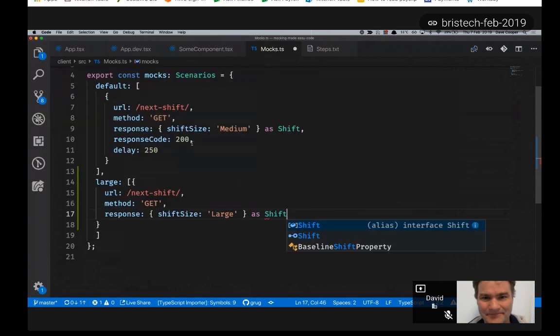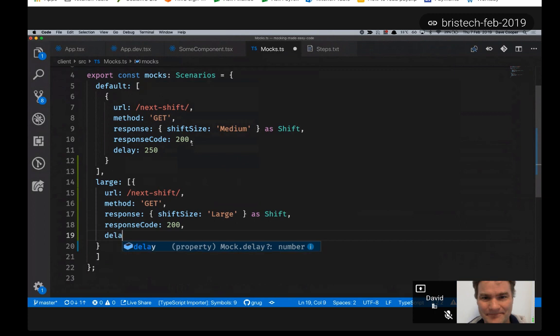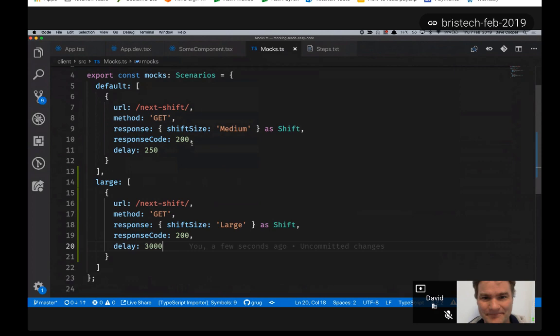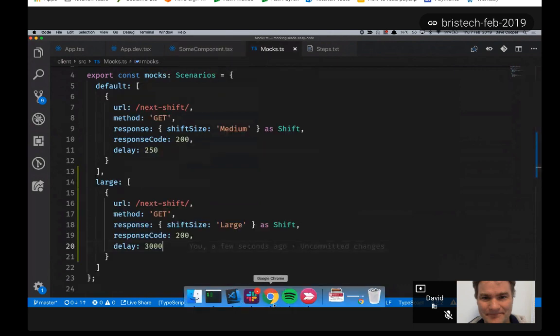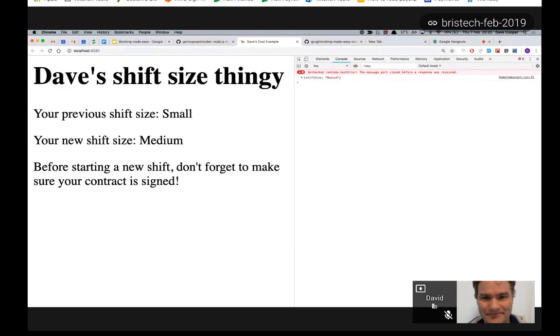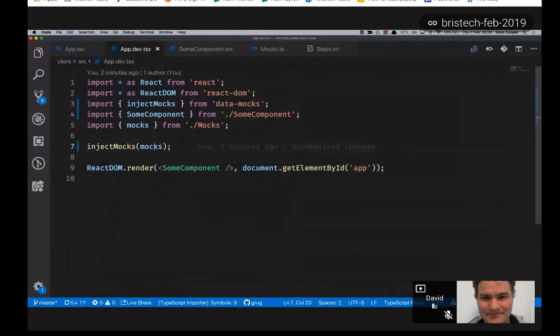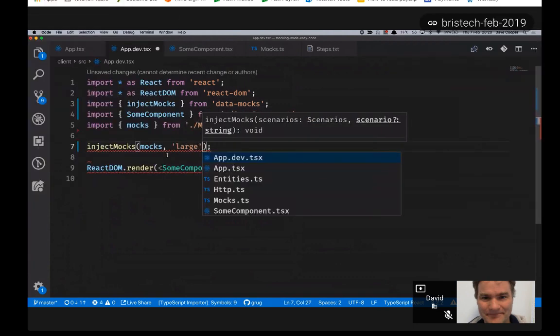We don't really have to do that, but I have. We'll keep the response code the same. We'll be verbose here. Just for fun, we'll add in three seconds of delay. And then basically, if I reload the application, it's still going to give me the default set of behavior, as you can see. However, if we go back into the entry to our application, there's actually an optional second parameter to this injectMox function, which specifies the scenario that we want to run. So one thing we could do is specify the large scenario, and then hopefully when this